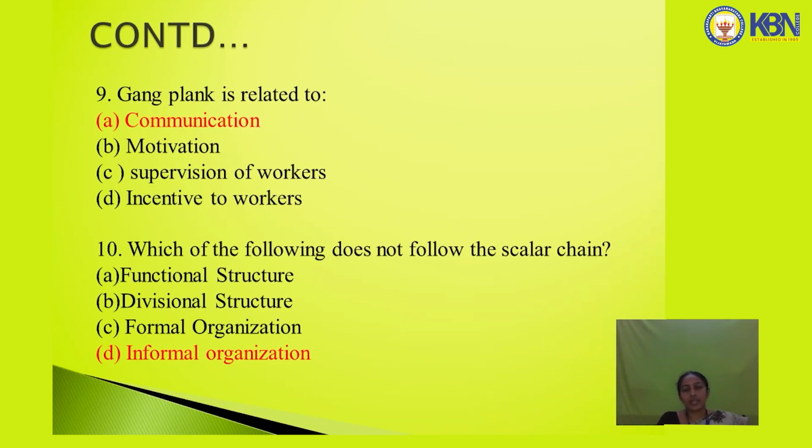How can he communicate? Sometimes he may not communicate. Every employee should know each other, so that if any message is to be passed immediately, it will be helpful. This is called scalar chain, treated as gangplank. Gangplank means nothing but communication, needed in times of